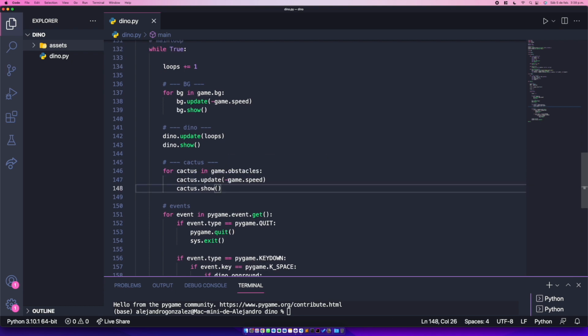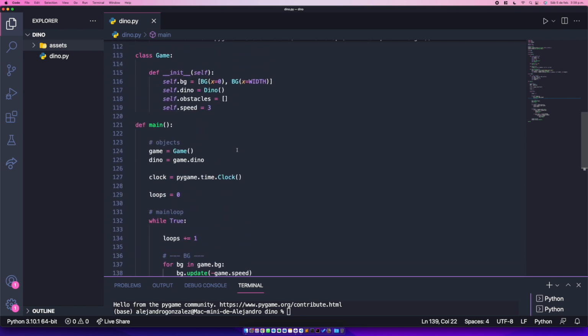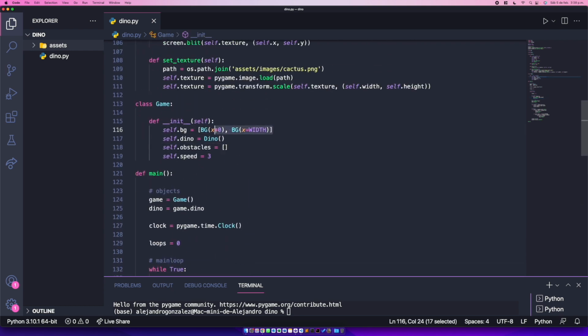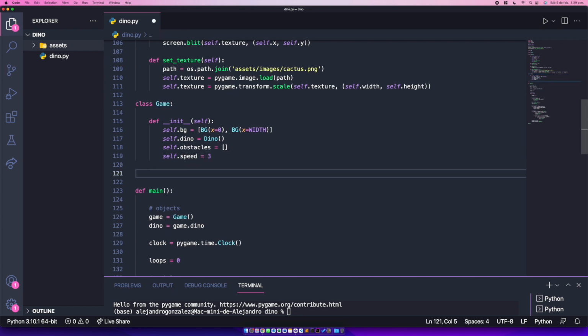Now this is pretty similar to the background code. It's actually the same, right? Because both objects are actually a list. So let's start populating or adding Cactus to our obstacles list, and we're gonna do this inside of our game class. We're gonna have two methods for now. One is gonna be called toSpawn,